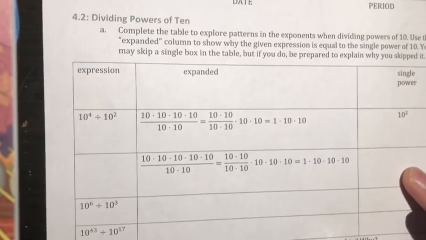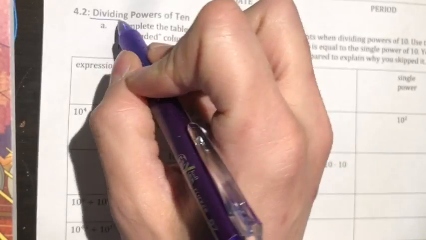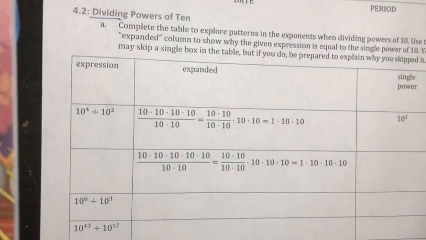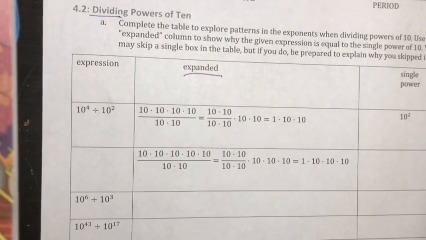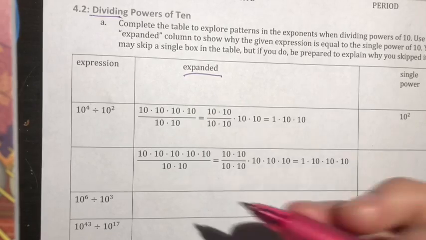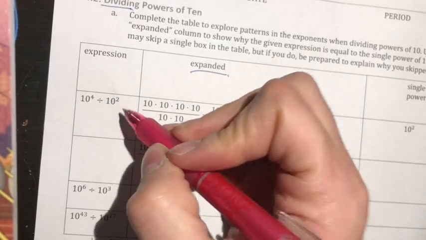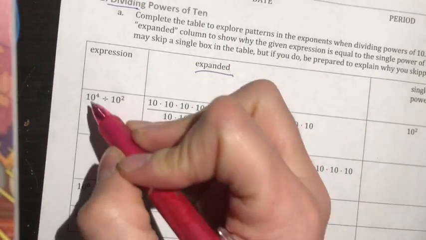All right, so let's look at our second rule on the back. Good start. Don't be scared of those fractions. They're really not bad. So our next rule has to do with dividing powers of 10. We're going to follow the same format: expanded form, and then we'll see what we notice. All right, the first one's done for us. So we have 10 to the 4th divided by 10 squared. So that really means we have to do this,